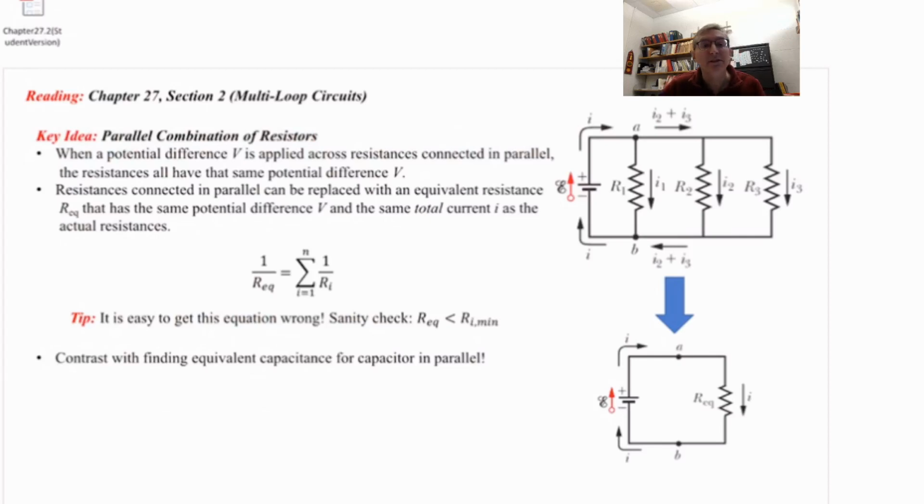Hello again. This is video lecture 27.2, and we're going to talk about section 2 in chapter 27, where we're going to start looking at circuits that consist of more than one loop. And a loop is any conducting path that current can take from a point around and back to that point again. And any unique way that the current can start somewhere, travel around, and get back to where it started,